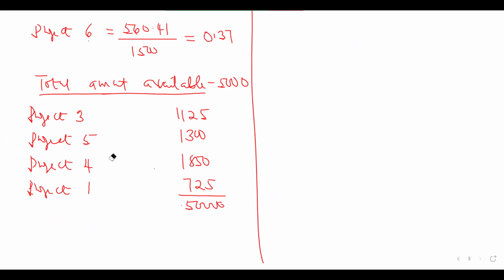So you always have to pay attention to the projects. If they say the projects are independent, it means that they can be undertaken at the same time. Mutually exclusive means that if you undertake one, you have to forget about the other one. They can also say the projects are dependent. If two projects are dependent, it means that if you undertake one, you have to undertake the other, or you cannot achieve the other one without undertaking the other one. So you have to undertake the two at the same time.